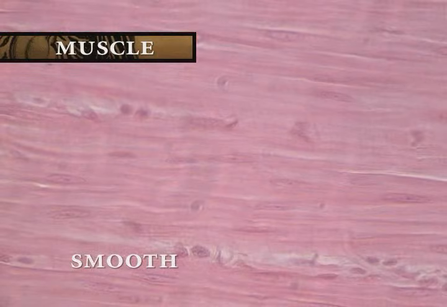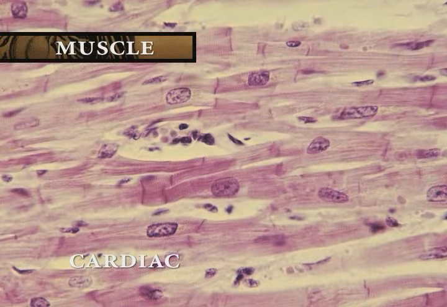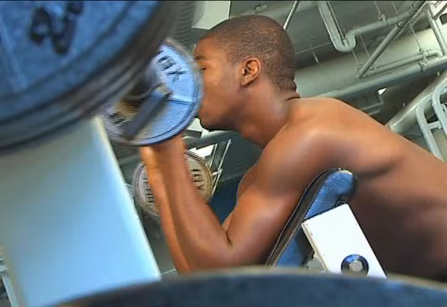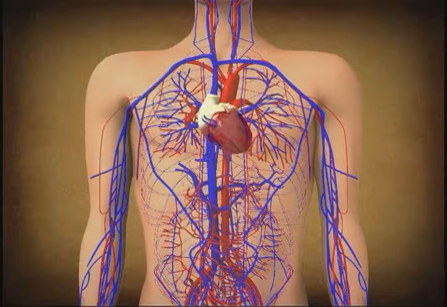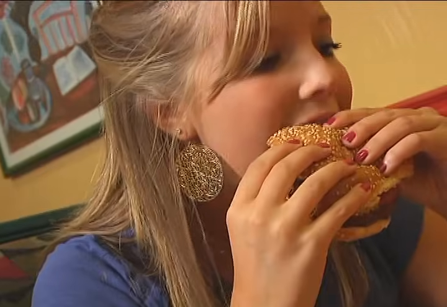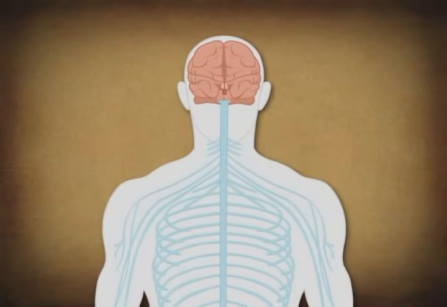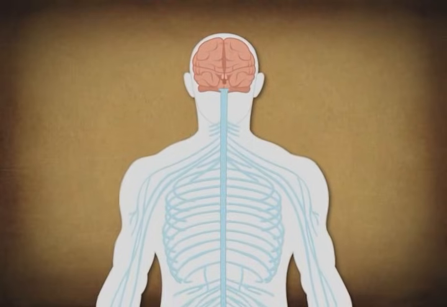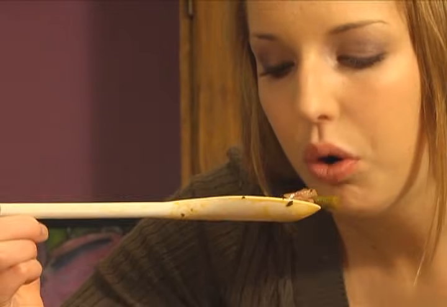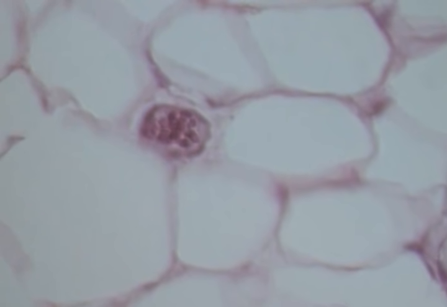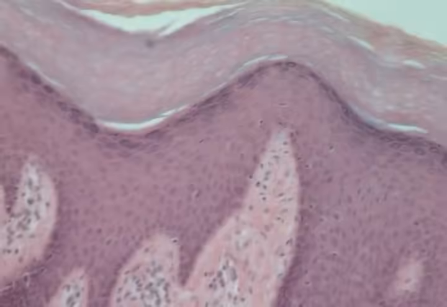There are three different kinds: skeletal, smooth, and cardiac. Among their many functions, muscles move our bones, pump our blood, digest our food, and help us breathe. Nervous tissue, the fourth tissue type, makes up the brain, spinal cord, and peripheral nerves, which coordinate, regulate, and integrate many body functions. Tissues can also be classified by the shape of their cells and the number of cell layers